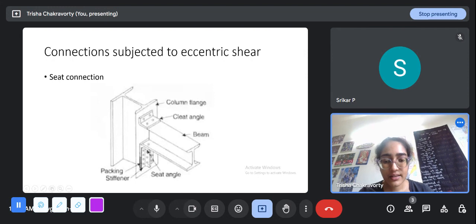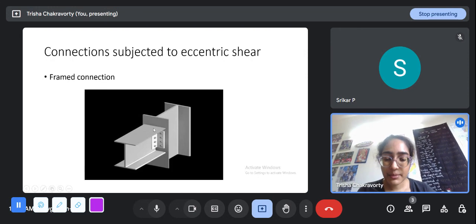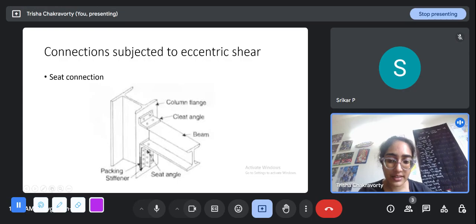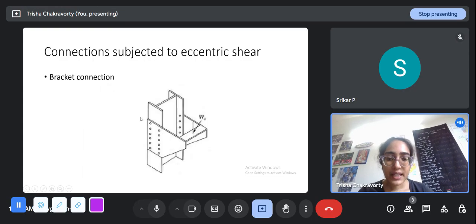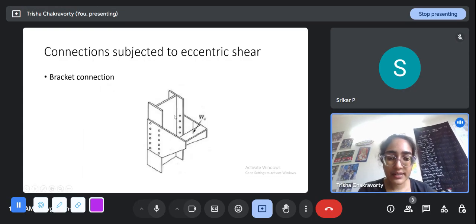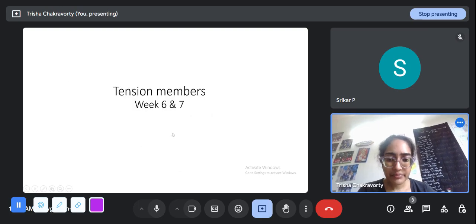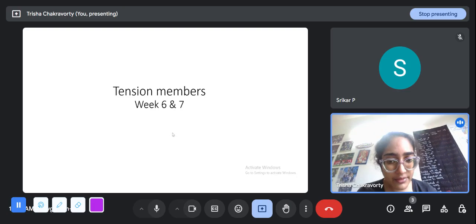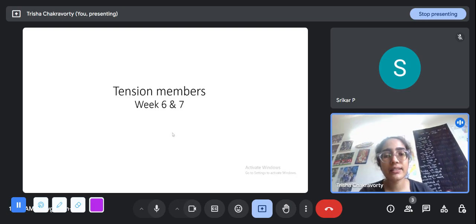Seat connections, these are called seat angles or cleat angles. Then framed connections, where the connection is applied on the web. Here the connection is on the flanges, you can see. And then there is a bracket connection where there is an offset in both, I think, the beam and the column. Then in weeks 6 and 7 we looked at tension members, and then I say 8 and 9 the